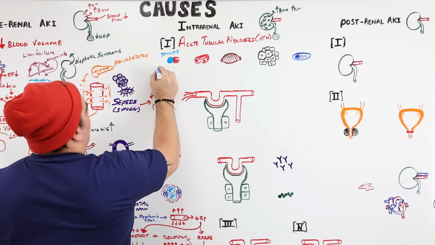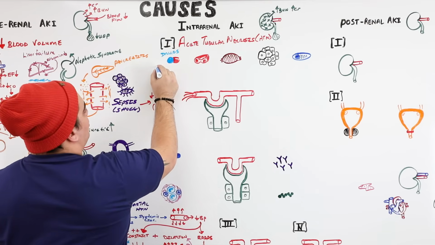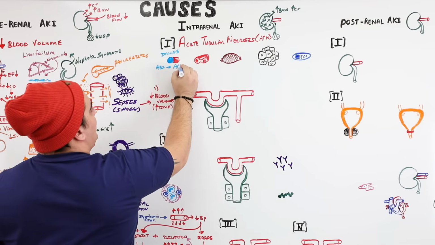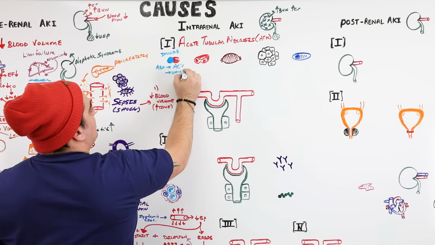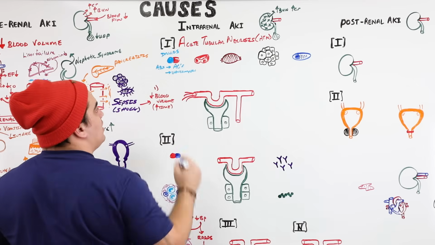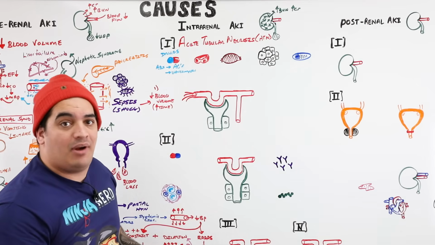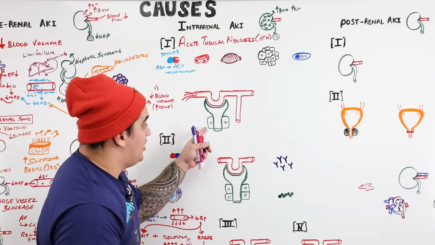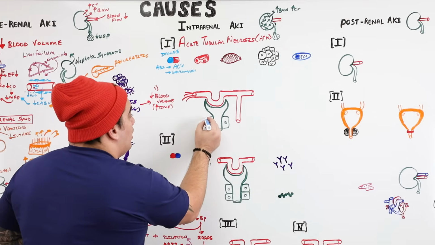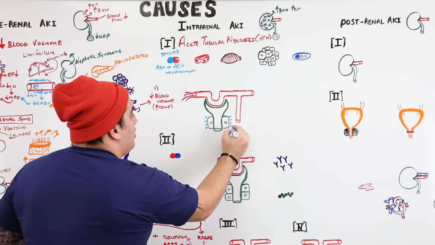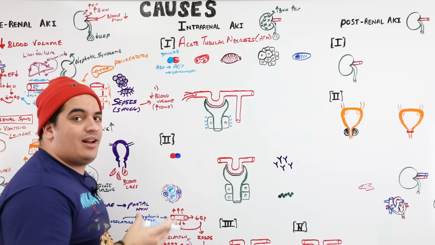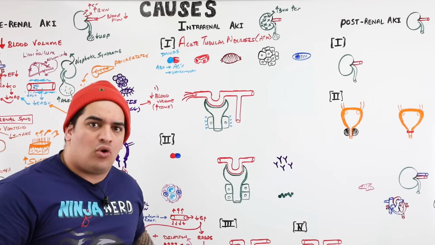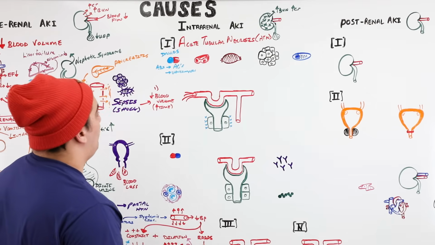The particular ones to think about are antibiotics. Two of the antibiotics that I do want you to remember here are aminoglycosides and another one called vancomycin. These are pretty common drugs that we prescribe a lot, especially vancomycin, and that's definitely one that can cause an acute kidney injury. It directly damages these proximal convoluted tubular cells and different types of tubular cells inside of the nephron. It damages those little guys, and so they lose the ability to reabsorb and secrete and perform those normal functions.